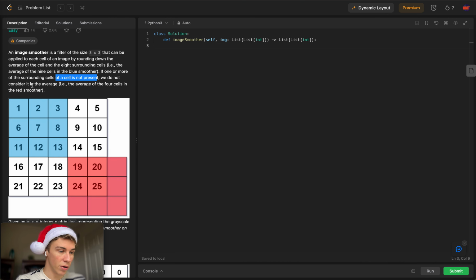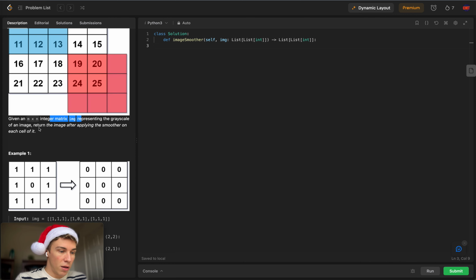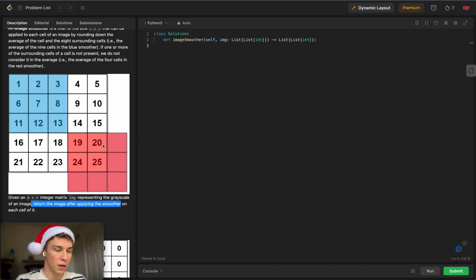Given an n by m integer matrix, img, representing the grayscale of an image, return the image after applying the smoother on each of the cells. Okay, so the description's pretty easy, but